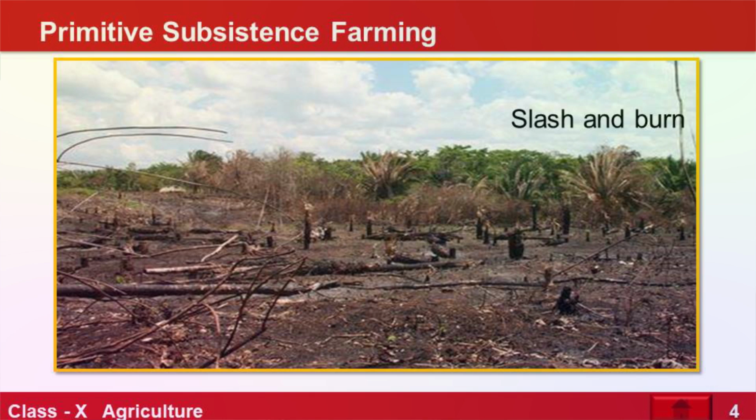and still it is being practiced in many parts of our country, and it has different names also. Somewhere it is called slash and burn, because earlier tribes used to move from one place to another. They would burn a small patch of forest, so the ashes of that patch would be used as manure. They will stay there for some time, then they will move on. After 2-3 years they will come back, or take that route again, and that burnt patch would have grown back veggies, crops, natural vegetation again. This is known as slash and burn, and it is also known as jhuming in the northeast states of your country.